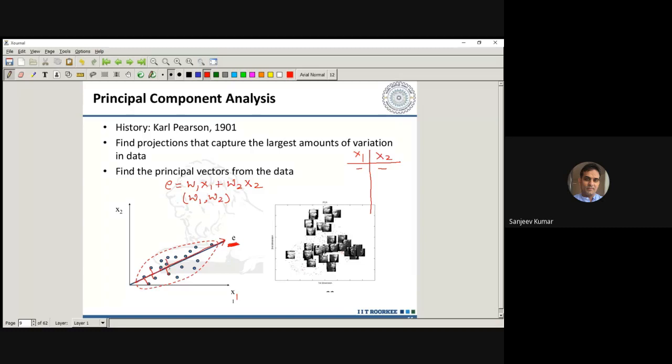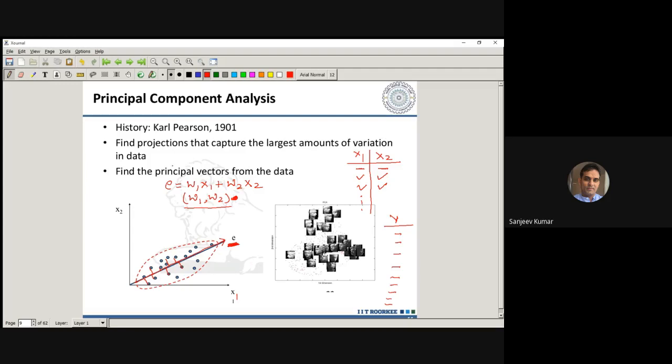Now what do we mean by the projection? I will take the dot product of this with the first point, so I will get a new 1-dimensional quantity, only one number. I will take the second point's coordinates and take the dot product with this line direction vector, then the third one, and so on. I will do this for all these points, and in that way I will get a new representation y, which has only a 1-dimensional representation of these points, and that is the projection onto this line.